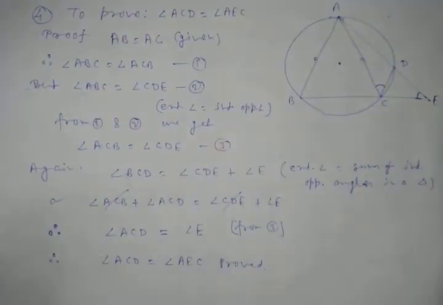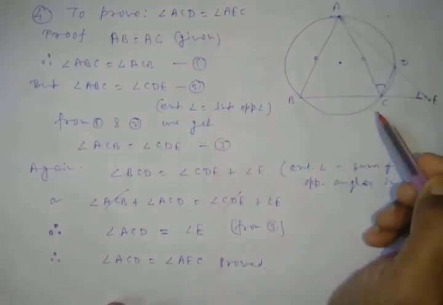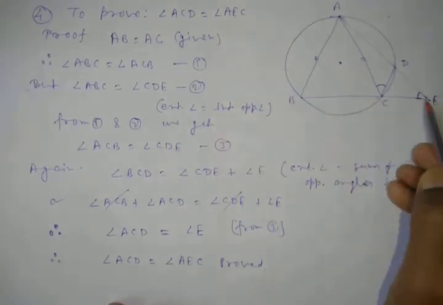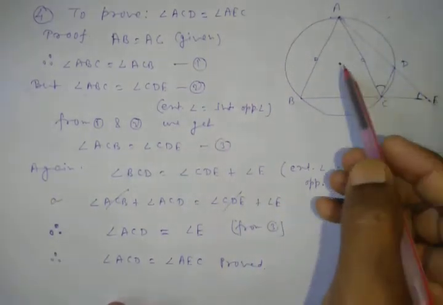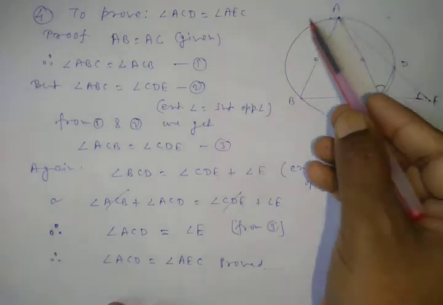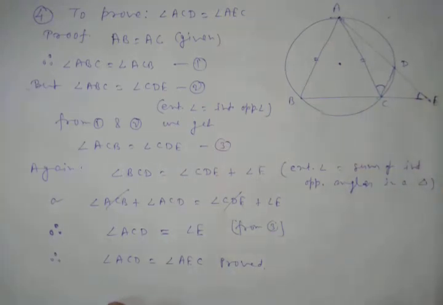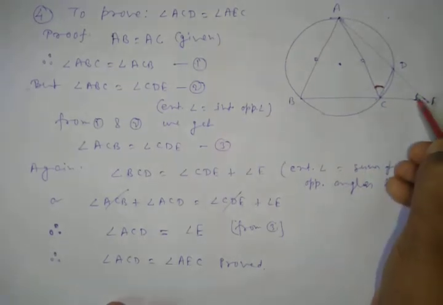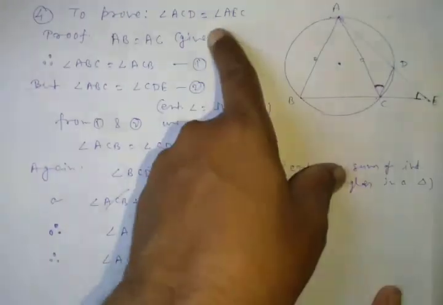In question number 4, we are given a triangle ABC, and in this triangle AB equals AC, that is, the triangle is isosceles. BC is extended to E and we join AC. If you draw the triangle, this circle is the circumcircle of triangle ABC, and this cuts AE at D here. Then we have to show that angle ACD equals angle AEC